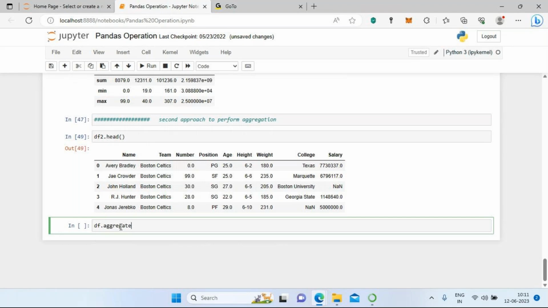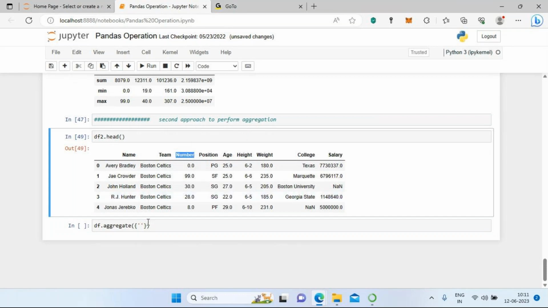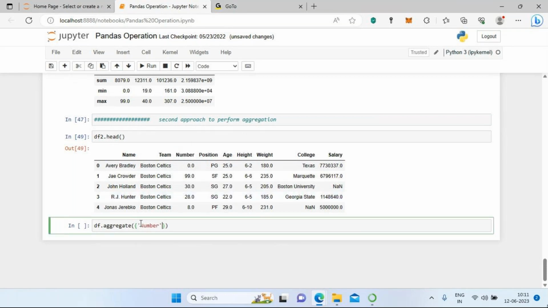I'm going to pass a dictionary. Passing a dictionary means, you already know, key and value pairs. For the key I'm going to pass the column name. Which column is an integer column? A number column is going to be an integer column, right? The key is the column, and then I'm going to pass a list. In the number column I'm going to perform sum, and then the minimum aggregation, and then the max aggregation, and then comma,